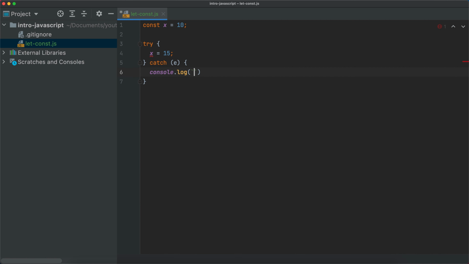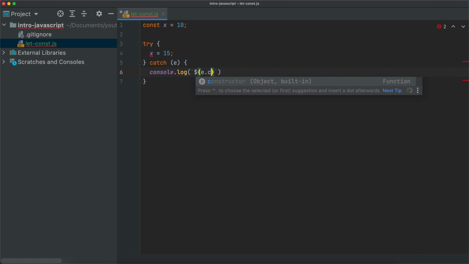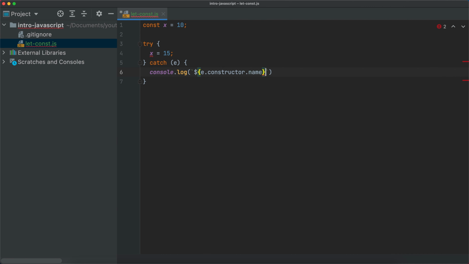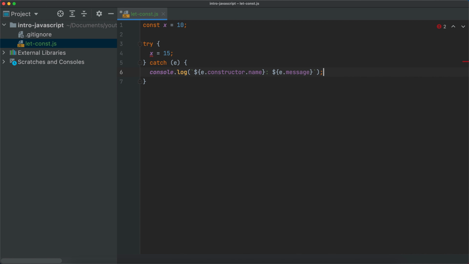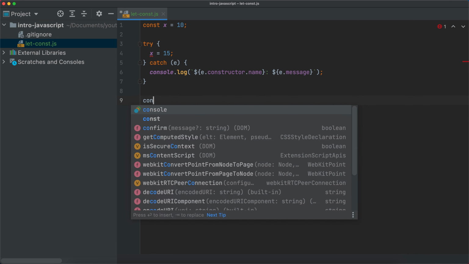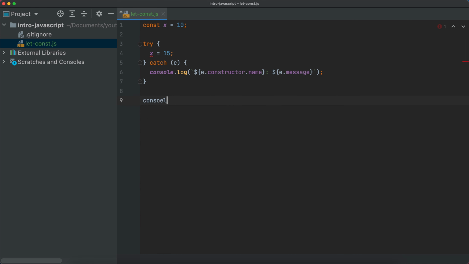And here I'm going to use the interpolation. I want to print the name of the error, and this is present in e.constructor.name. I can then access the name of this class here, and I want to print the message, right? So the name and the message is available at e.message. Why am I doing it like this? Well, it's because then we will print the error on the screen, but we'll still be able to continue the execution of the code. If I were to write here console.log x, then this is also going to output 10